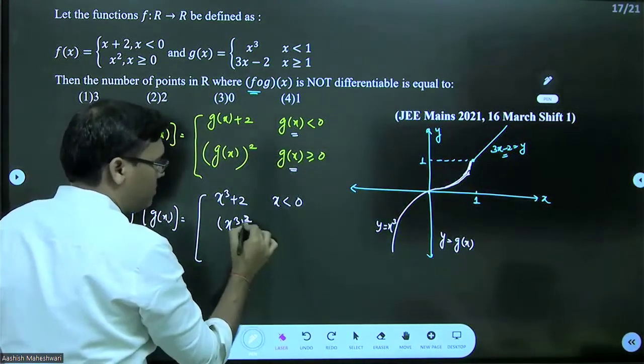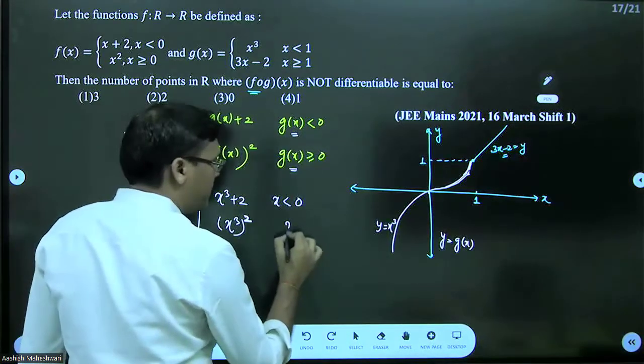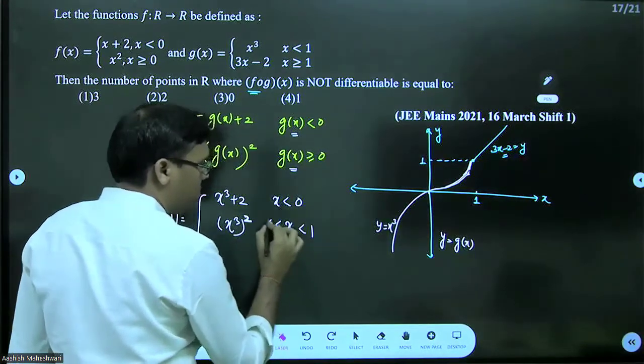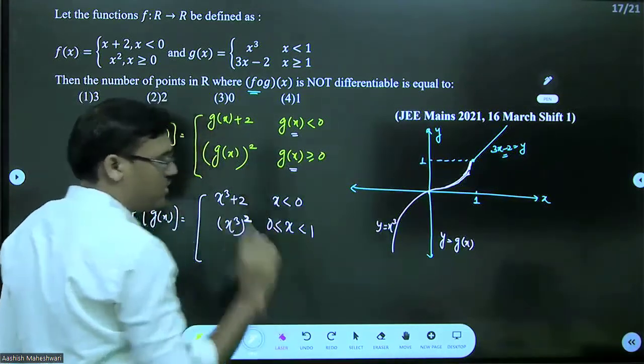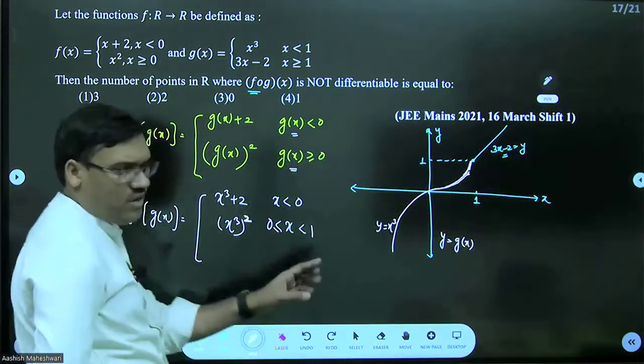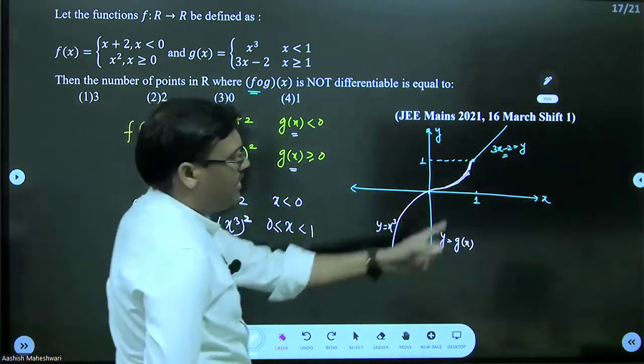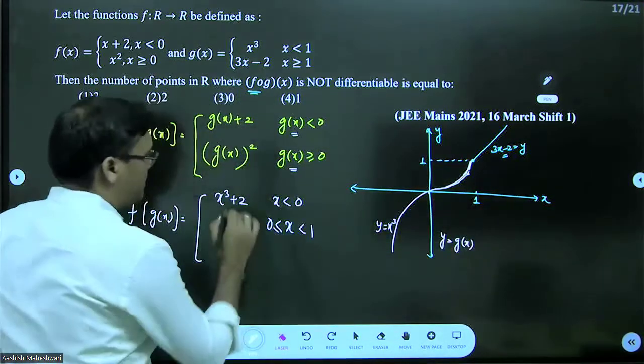x cube, if x is between 1 and 0. Now g(x) at 0, where is it happening? It is happening at x is equal to 0, so we have put 0 equal to 0 here. Now what will happen at 1? We will check. Okay. Now if x is greater than 1, we can see here, this is x greater